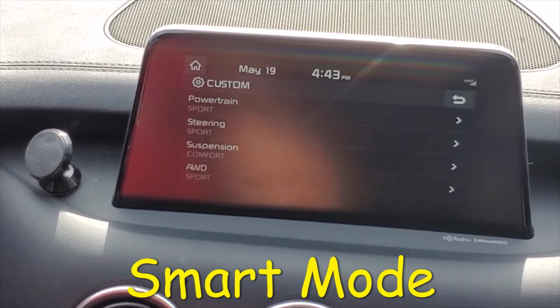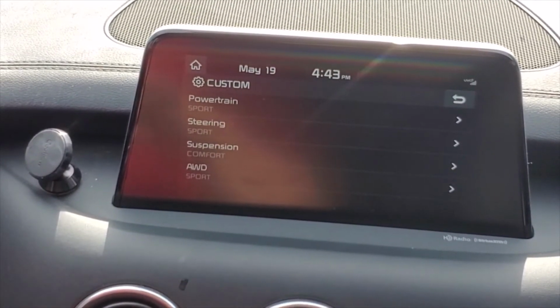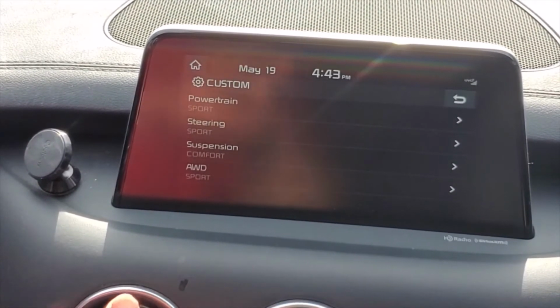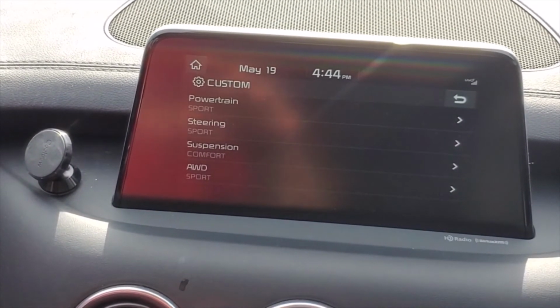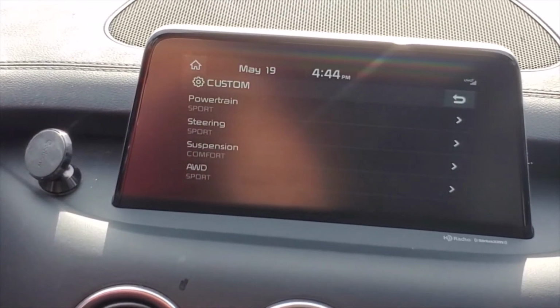So what's left is Smart mode. Smart mode is basically the system watching what you're doing, analyzing. It starts off, I believe, in Comfort, and if it notices that you're driving very laid back and casual, it'll switch to Eco mode. If you're driving somewhat aggressive, just a little bit more regular, get up and go, you are chomping on the gas a little bit here and there, but not too much and not all the way down,